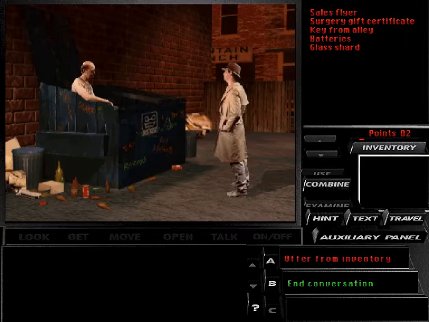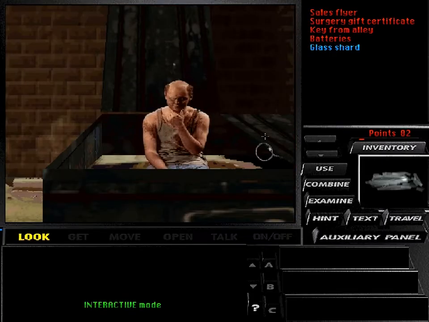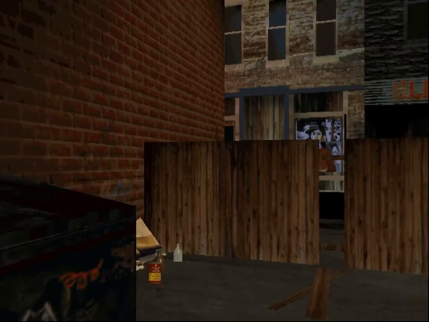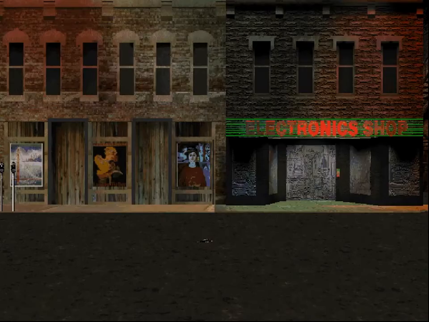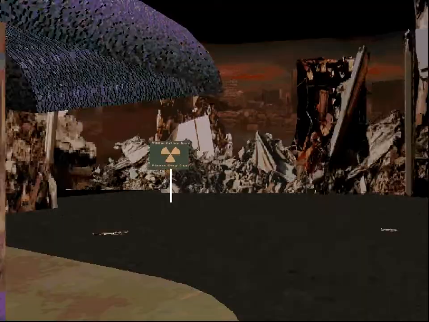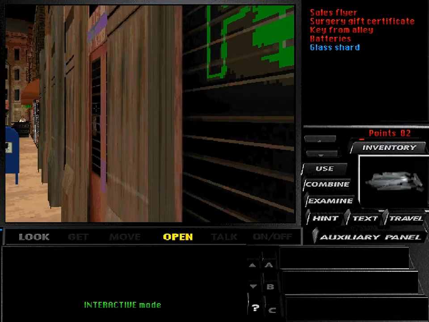Okay. We're clearly gonna have to get him some chocolate sauce. Come on, that's crap. Okay. So let's go to Sal's Diner, maybe? Or, we'll go to the pizza parlor first. Maybe they've got...